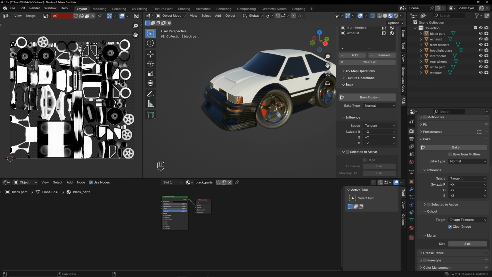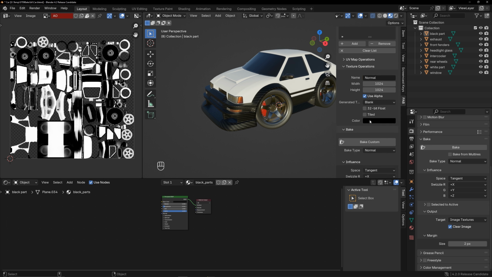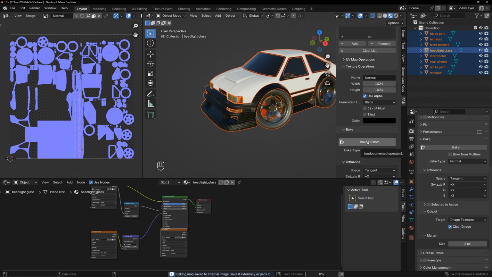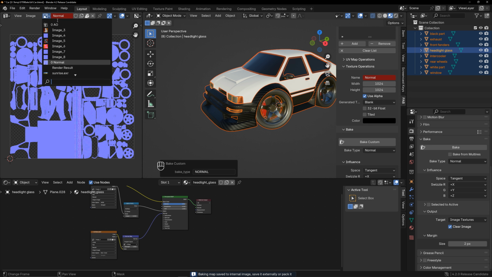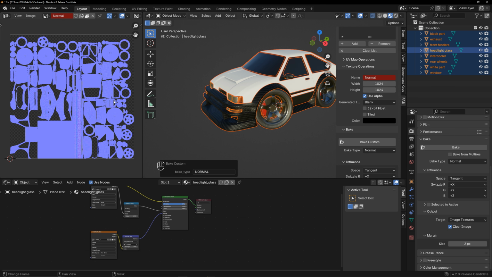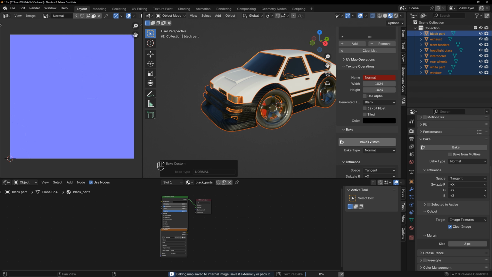Switch bake type to normal. Change the name of the baked texture. Click Bake. Once you've baked all the textures you need, you can find all your baked textures here and save them. Usually, normal textures don't need alpha, so uncheck alpha and bake again. After clicking Bake, the previous normal texture will be deleted, and a new one will be created based on the